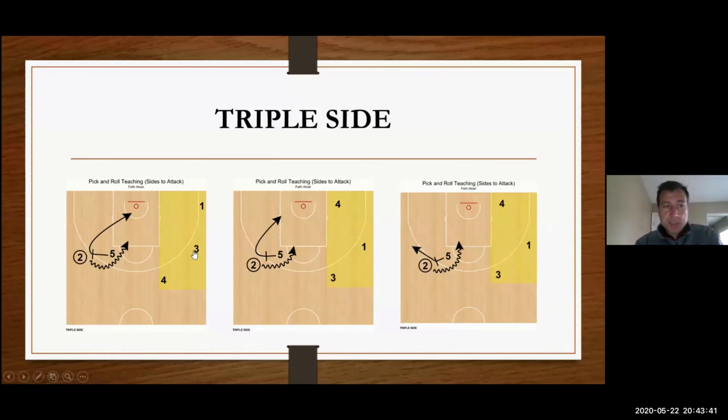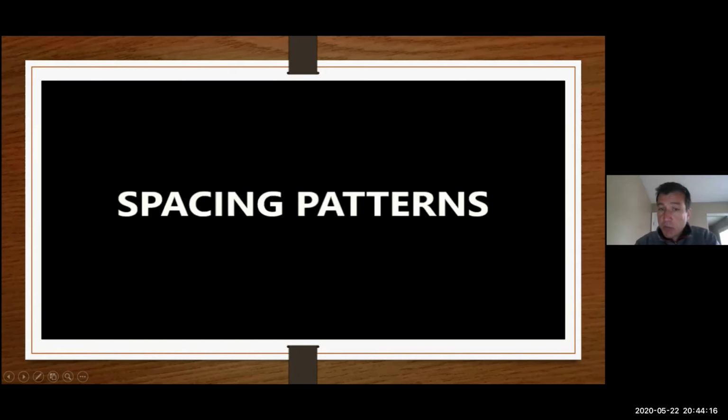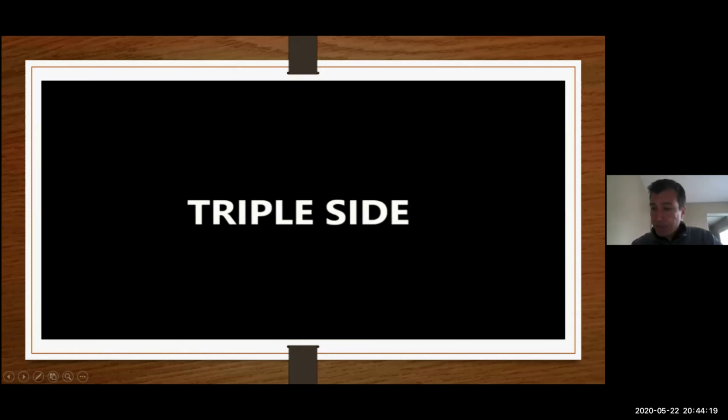Triple side. So in this case, triple side, you see a lot of action usually happening from a corner or a wing or a 4 or 5 angle that the ball attacks to a 3-man side. But sometimes you see 4-man is stretching the floor outside waiting. You can position these players anywhere you want, but three players are usually outside. Sometimes your big man is inside waiting and the shooters are outside and there's another roll happening. Sometimes your screener, still the non-shooter, is waiting here at the dunk spot and your shooter is waiting on a ball side. So let's take a look at some video examples just to give you an idea how I see